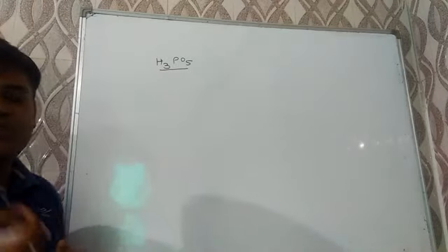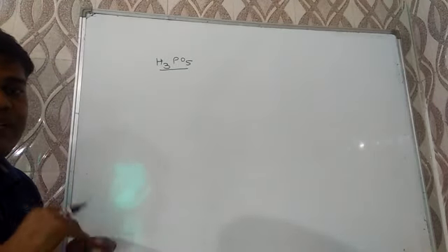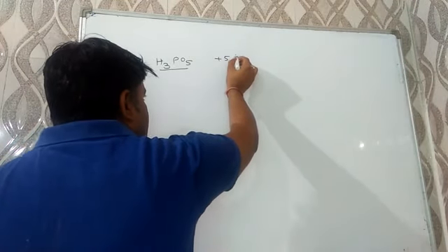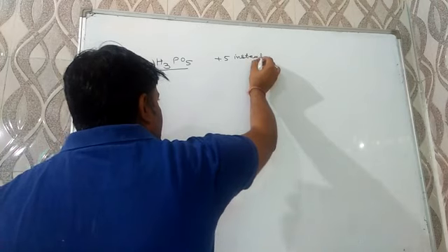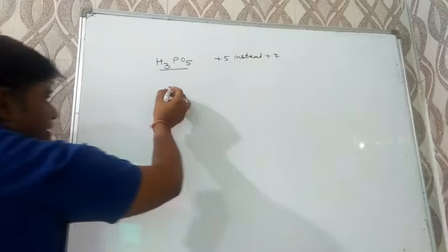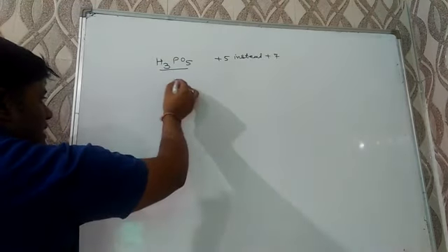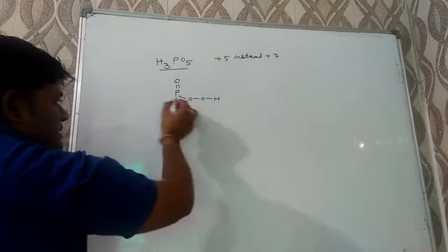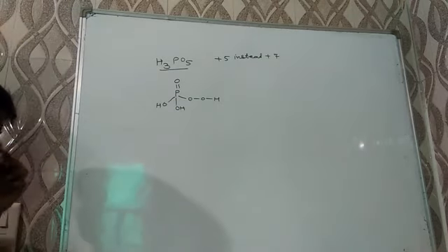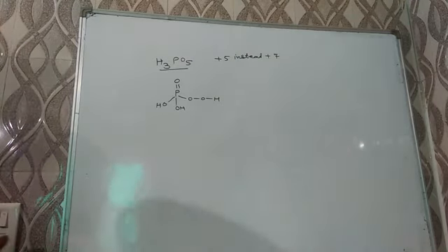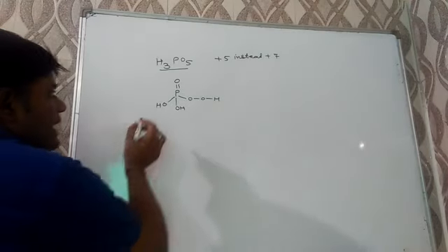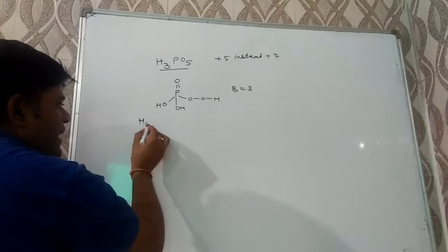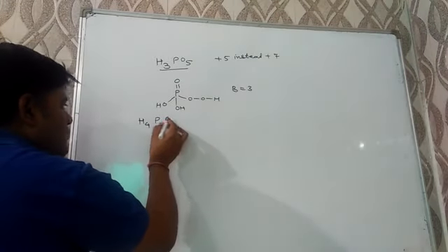When the word peroxo is used, the oxidation number will change; it will be different from the actual one. So here the oxidation number will be +5 instead of +7. Basicity is 3 because a peroxide bond is formed. Peroxide bond means a bond between oxygen atoms, and in that case the oxidation number of oxygen will be -1 instead of -2. So basicity is 3 and oxidation number is +5. Next compound I am going to take is H4P2O5.